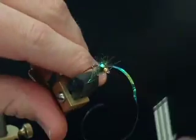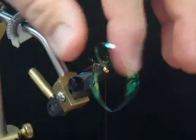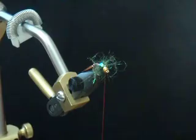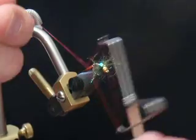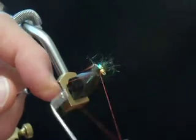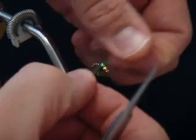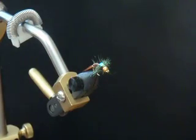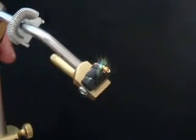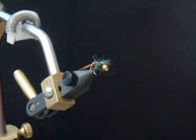The way I like to do this is do 3 or 4 wraps, get that sucked under the bead, then pull this flashback back on top of itself, make a few wraps, then trim. Now you're certain that stuff is tied in. Last step here, you're simply going to go in, whip finish, trim out. And you can do this with your hands, or if you want to, you can get yourself a dubbing brush and really brush that hair out on this. But what we've got now here is a little flash bang. Variegate the colors, try different things, put a soft hackle on the front of this, whatever you want to do, but this is a highly effective pattern for self